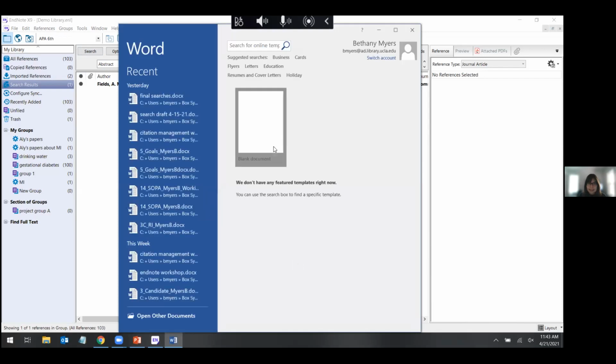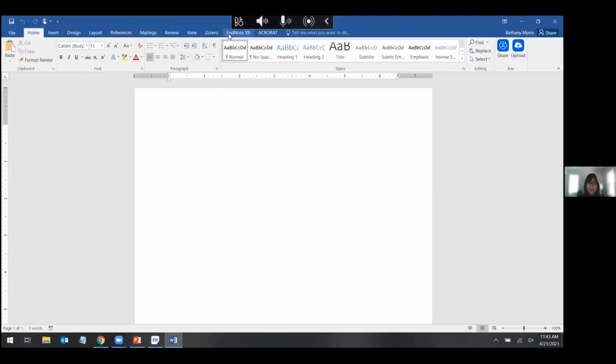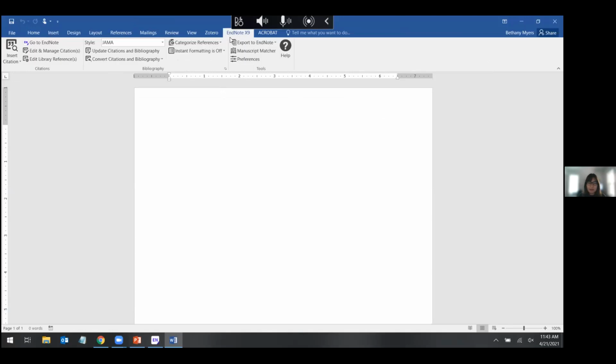And because this is the magic. All right, so I'm in Word. When I installed EndNote, it installed this new ribbon section, plugin, into my Word. You can see up here in EndNote X9, this has some buttons up here. So I'm writing my paper,